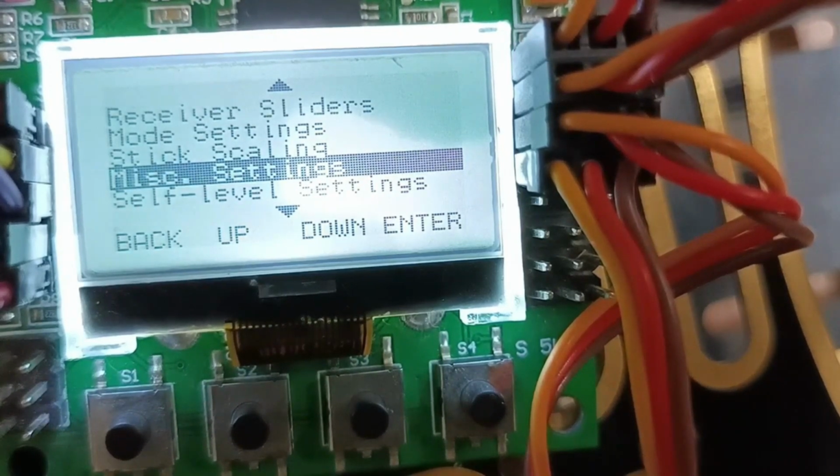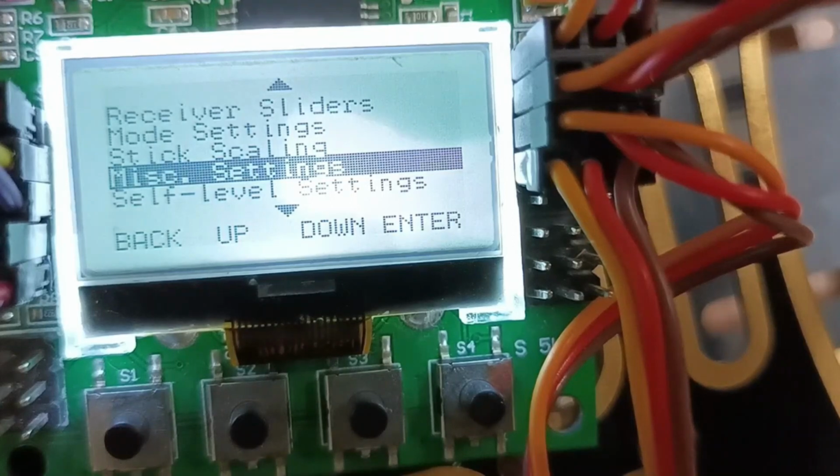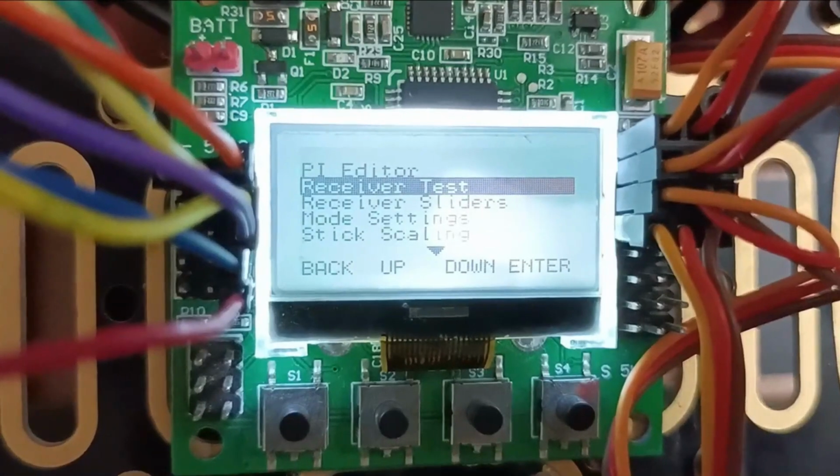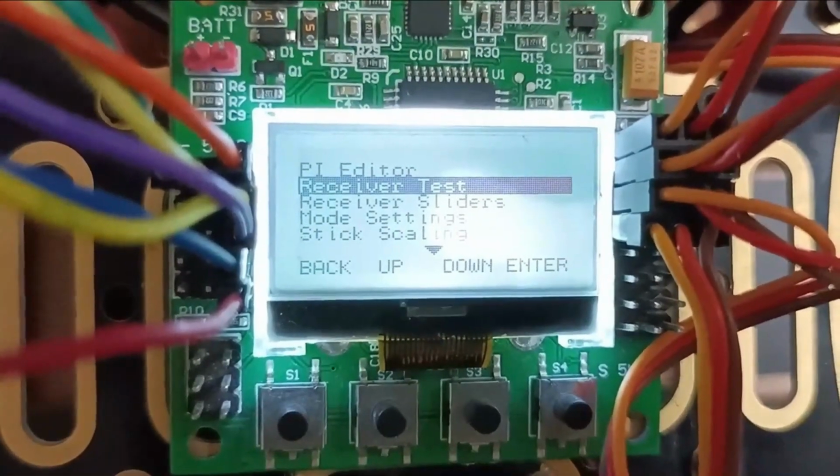So when we multiply 3.6 volt into 3 into 10, we get 108. So when the supply voltage drops to 10.8 volt, this alarm will sound. This is basically for setting up the alarm.